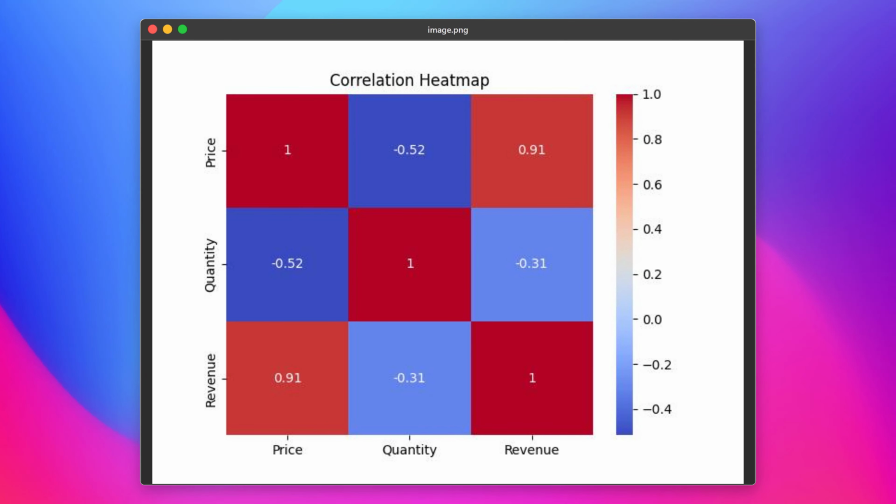The correlation heat map we created shows the relationships between numeric variables in our dataset. The color intensity indicates the strength of the correlation, with blue representing negative correlations and red representing positive correlations. This visualization helps us quickly identify which variables are strongly correlated, which can be useful for feature selection in machine learning and understanding interdependencies in your data. For example, we can see that price and revenue have a strong positive correlation, indicating that as price increases, revenue tends to